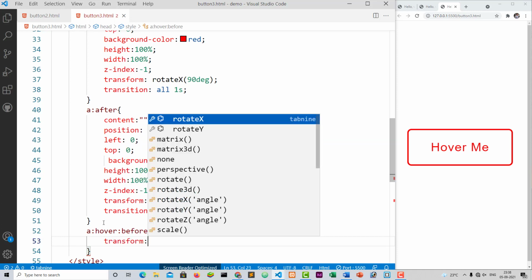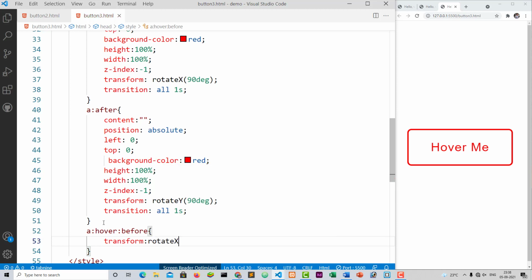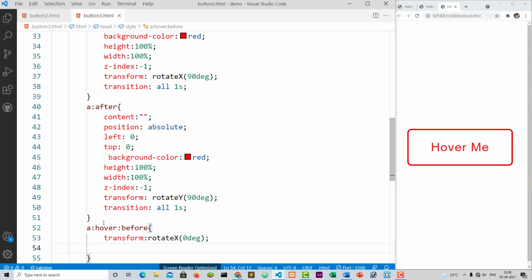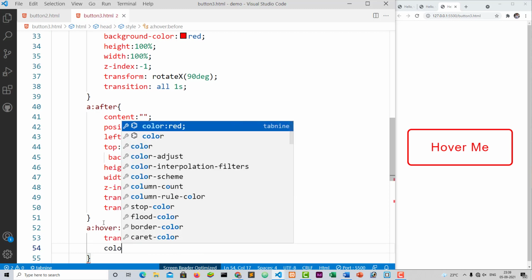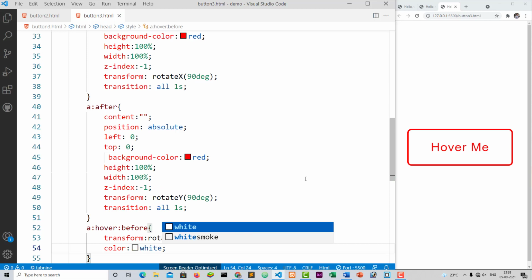Here, transform to rotate in horizontal direction with 0 degree. And change color from red to white. It looks like this.